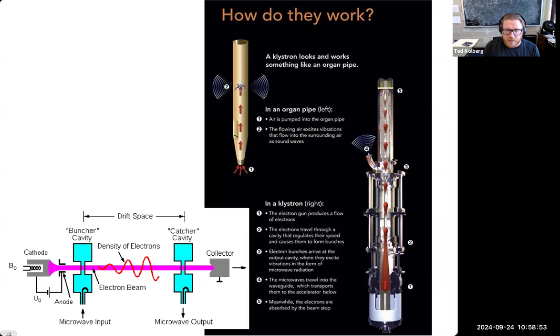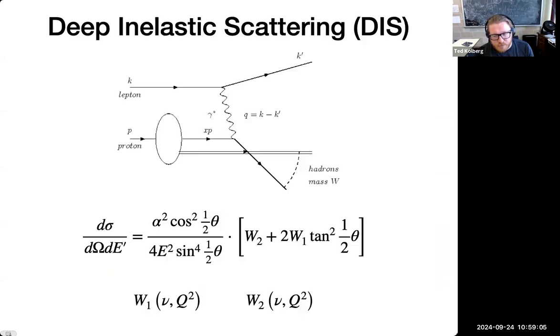So this whole thing is a way of amplifying microwaves coherently, such that you can then inject them into the cavity of the accelerator and do the acceleration of the electrons in the beam pipe. So this new 18 GeV beam at Stanford is used to do experiments which become known as deep inelastic scattering